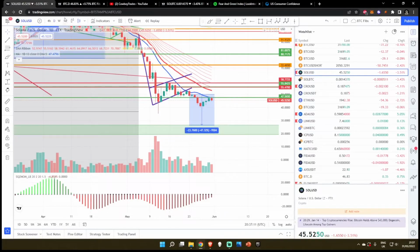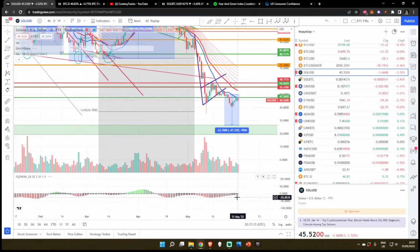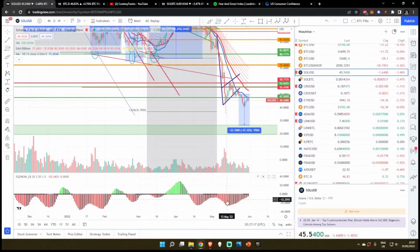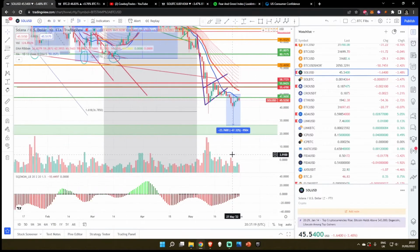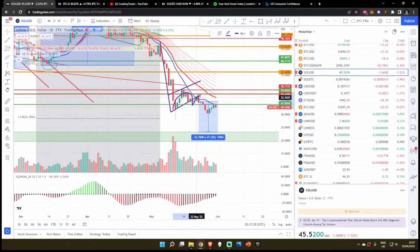Now, on the weekly time frame and daily time frame, our momentum indicators are starting to subside and run out of bearish volume, but I would attribute this to the sideways action that we are seeing at this moment in time. But I would like to point out that, depending on how you want to draw this, we've got an M pattern breakdown right here. At least this is the first M that I see. You can draw it a little bit more conservatively if you want to consider this to be the trend line,